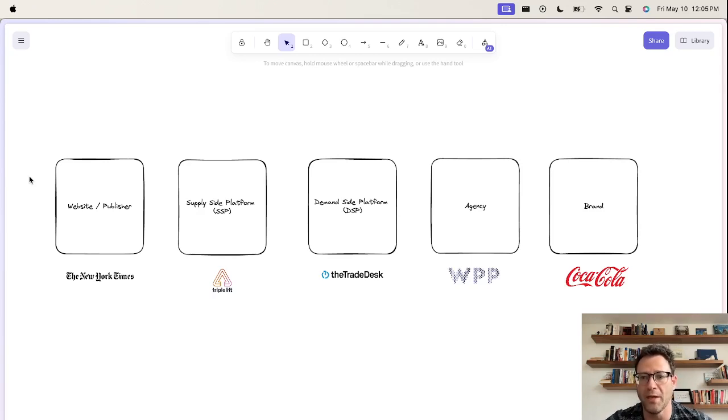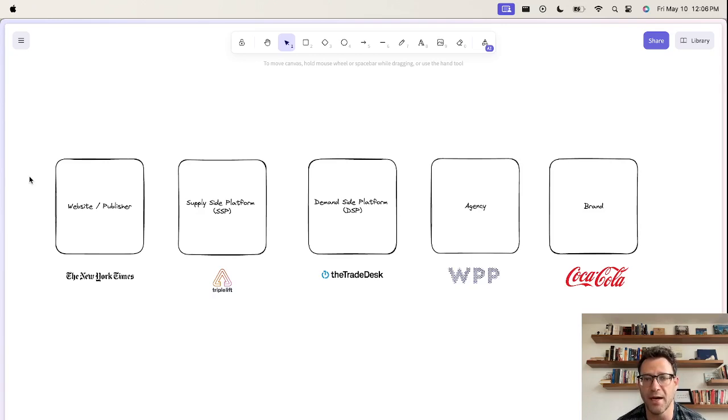So if you think, why do the middle layers need to exist? In particular, why do the SSP and the DSP even exist in this world? The short answer is, if you're Coca-Cola, your business is in making and manufacturing Coke, figuring out the supply chain, but you also are not going to have a relationship with every single publisher in the world, right? Maybe you will have some exclusive deals with publishers that have a huge audience and a lot of reach, and then it's economically worthwhile for you to do a handshake deal with them and say, I will pay you $1 million to show Coca-Cola ads for the next month, right? That might be something that you do. But more often than not, you will have